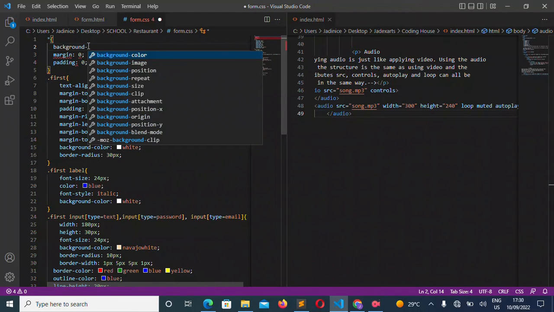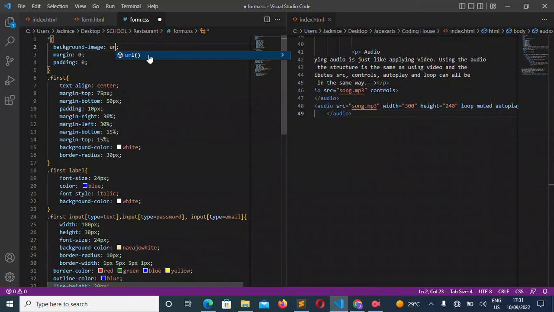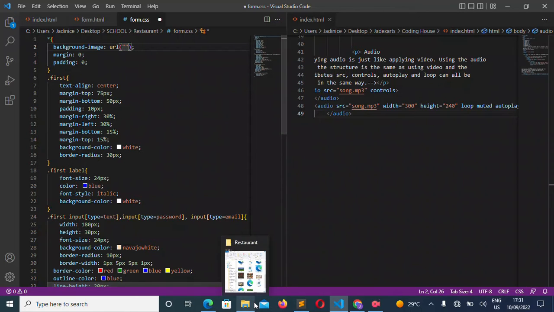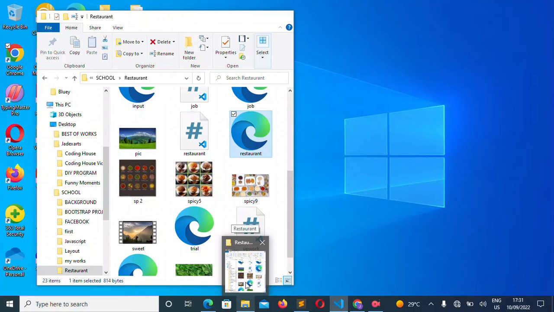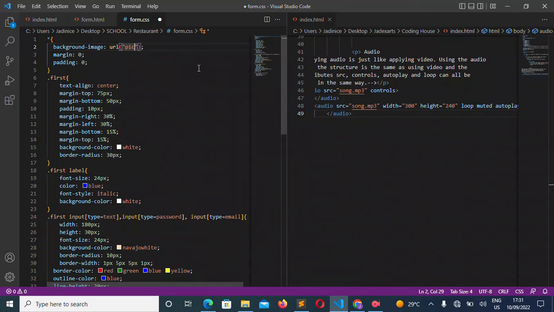Then you go to the body, and then background-image, and the URL. In this URL you put double quotation marks, and then there's the name. I saved it as Pixel 3, then Pixel 3 dot JPG.